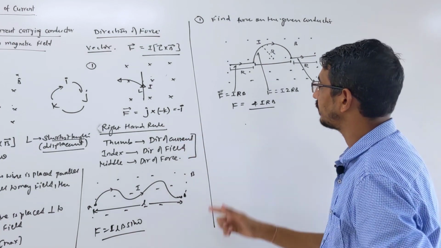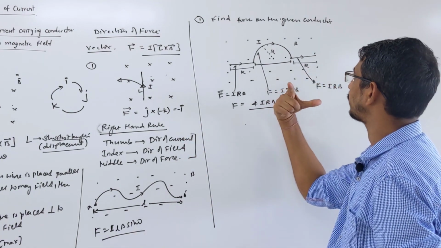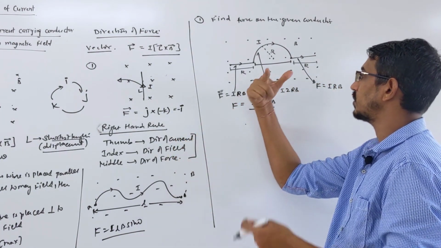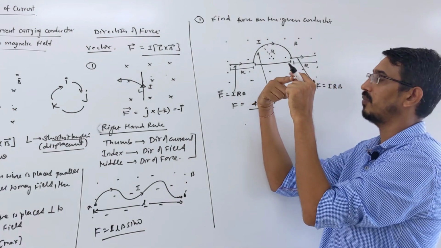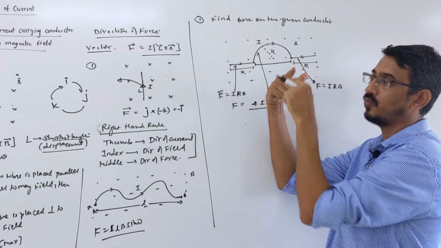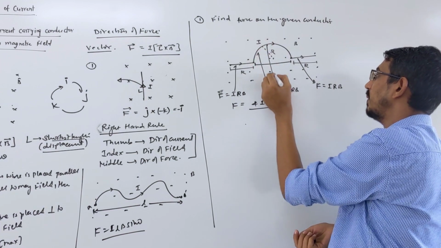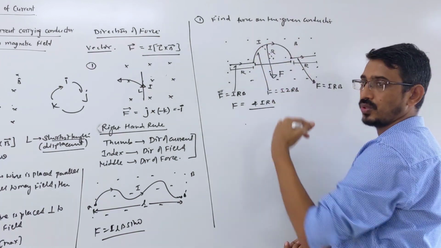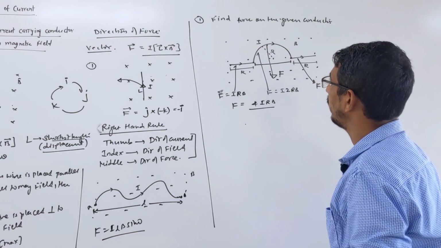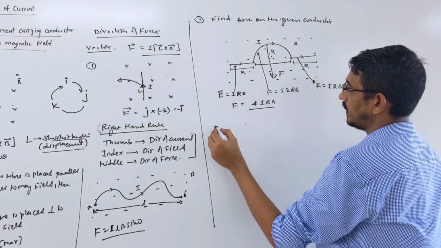Suppose you use the hand rule, then the magnetic field is what? Outward. So look here, thumb shows current is towards me, field is outward, correct? So the force acting on this wire will be what? Downward. This is the direction of the force, almost downward. Okay, let's see some more examples.